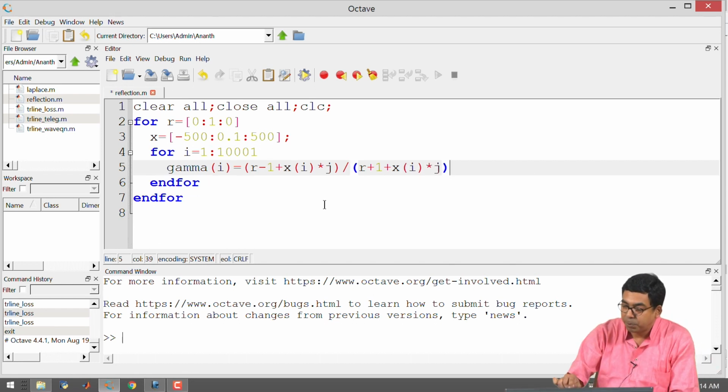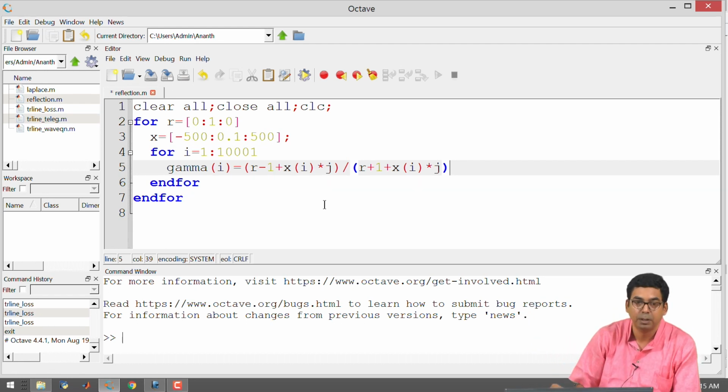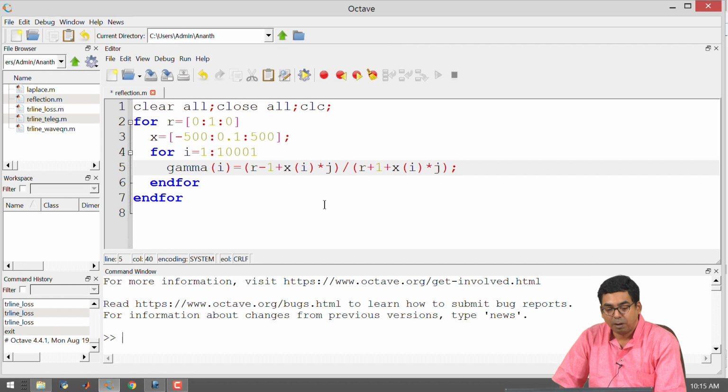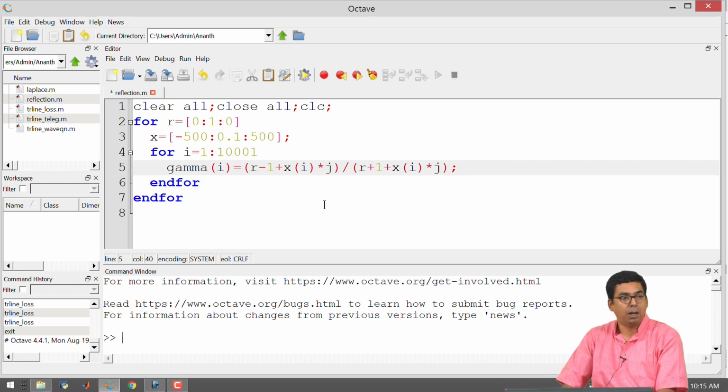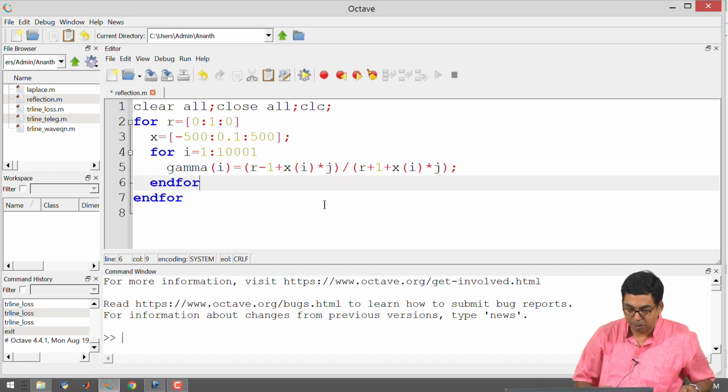So, the reason why we are putting x of i into j is Octave accepts this for the imaginary part. You have to put the variable name first, multiplied with j, j is square root of minus 1 here, i is the index of x for which you are going to calculate the value of gamma. Okay. This is just a detail. So, now I have my resistance fixed and I am calculating a value of gamma for a variety of reactances, and I want to understand the effect of this on the gamma, and I want to make a plot. So, let me go ahead and make a plot.